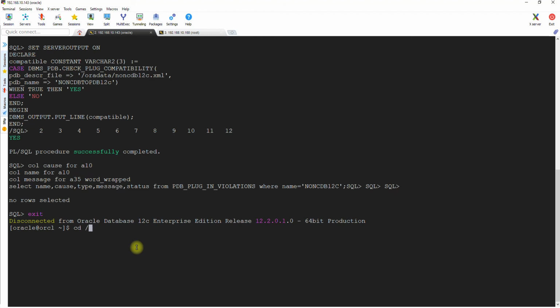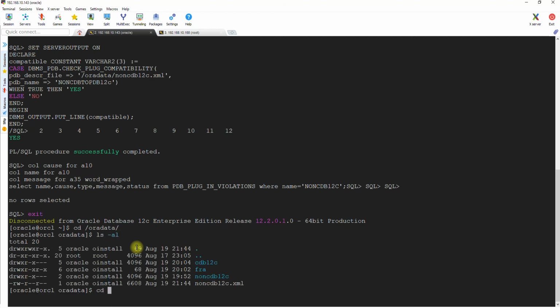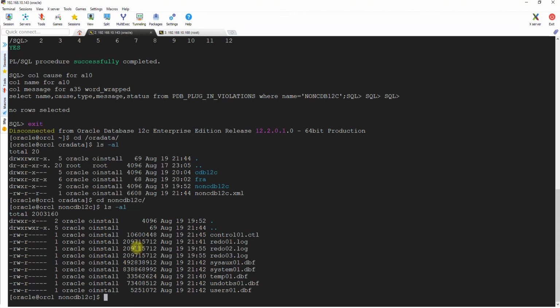Now we have a project requirement of creating this database or changing this database or migrating this database into a pluggable database and attaching it into the specific container. So we already have the file structure on the location of the data files. So for me, that data file already exists under the Oracle data folder, non-CDB. Okay, so these are the files I have.